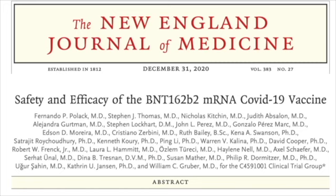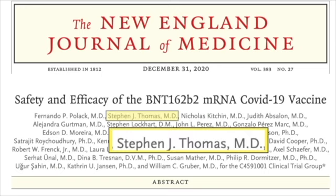This is the phase 3 study, and this is the one that companies have to do if they're going to show that it's safe to use this in humans. And it's a pretty interesting study. And I'll actually start off, if you look at all the authors in here, the second author here, Stephen J. Thomas,